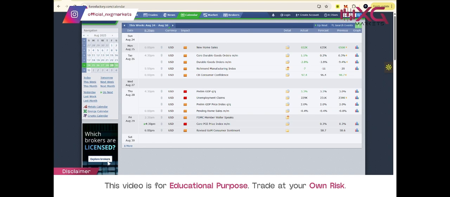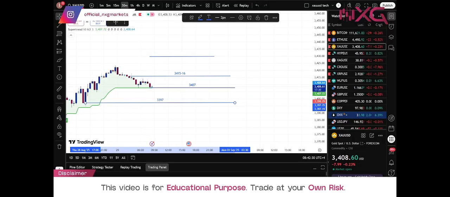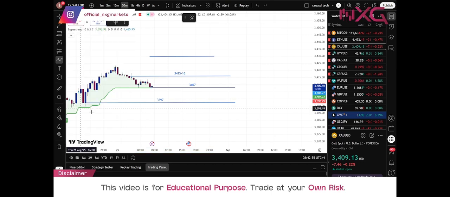Now, moving back to what's exactly happening in the market, let's understand this. Today, I want you to consider the timeline at 3415 and 3416. If the market goes down below, we will consider a sell position. If you look at the current market situation, like I said, the market is below 3415, 3416.